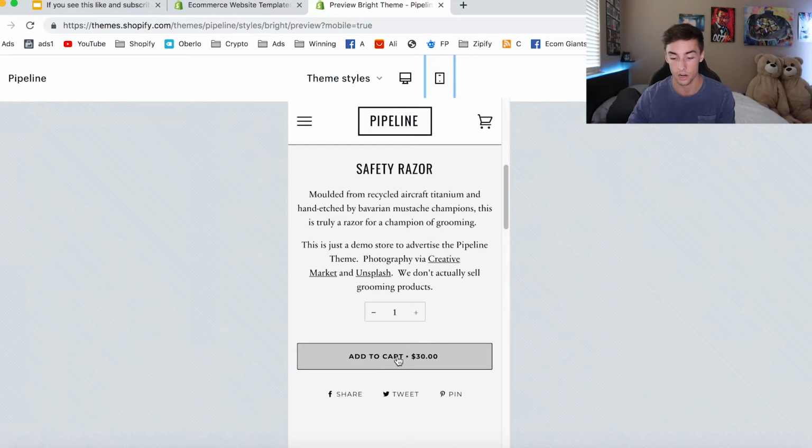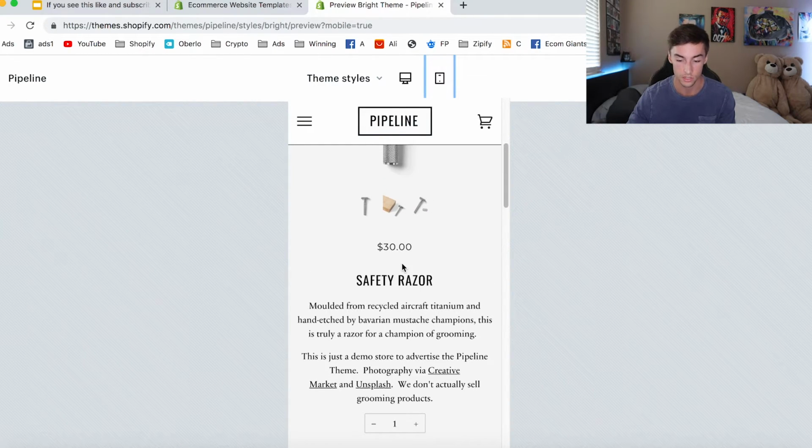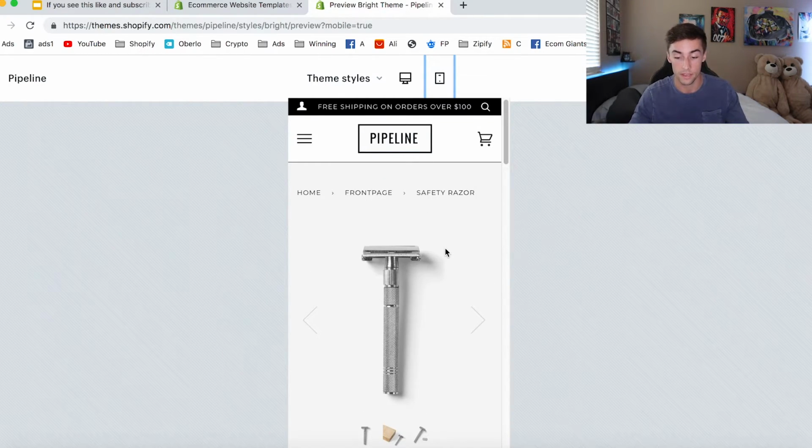Now, they've got the add to cart below the description. I have that above the description. I've done a lot to the theme on my own just to make it exactly how I want it to, but the Pipeline theme is a great theme, especially if you're selling stuff like jewelry, if you're in the beauty niche, if you're in the vanity niche, but it's kind of the same thing. If you're selling sleek products, or high quality products, or anything that you want to have a more expensive taste to it, I guess.